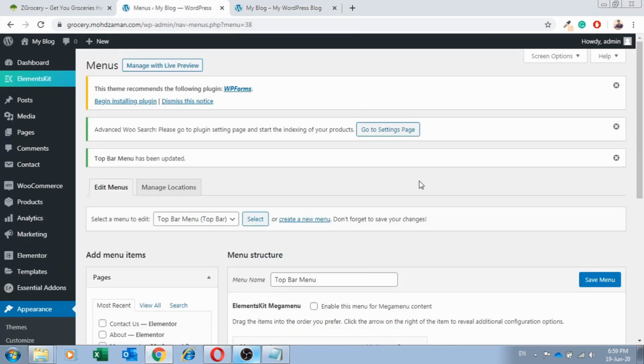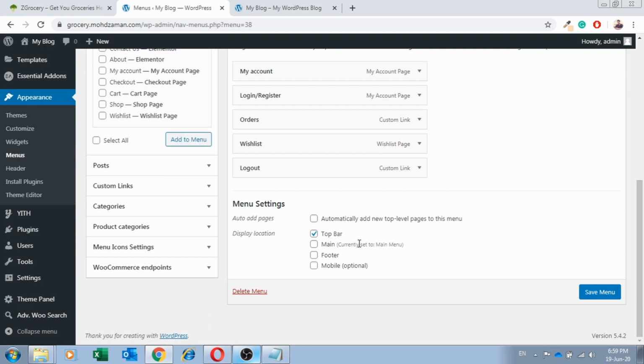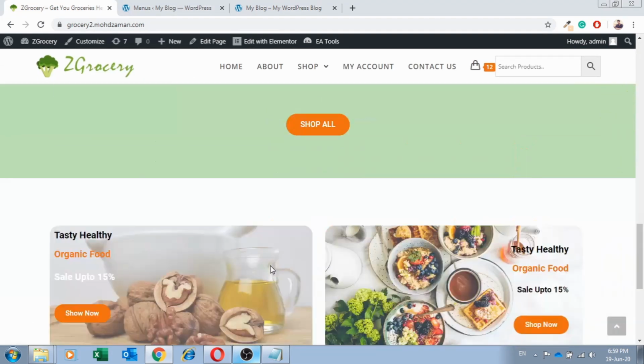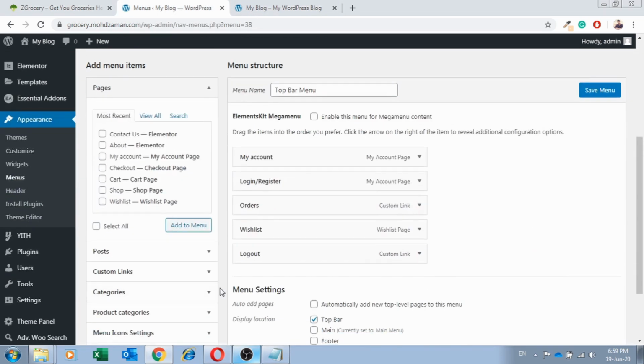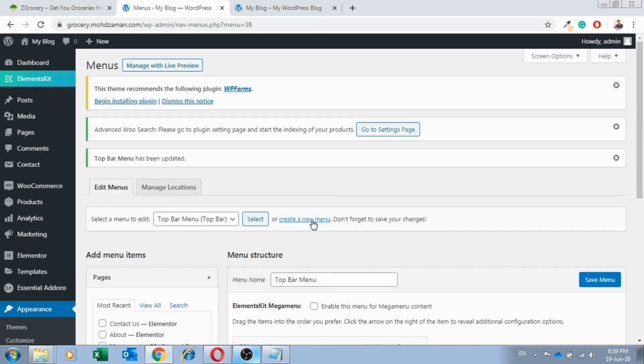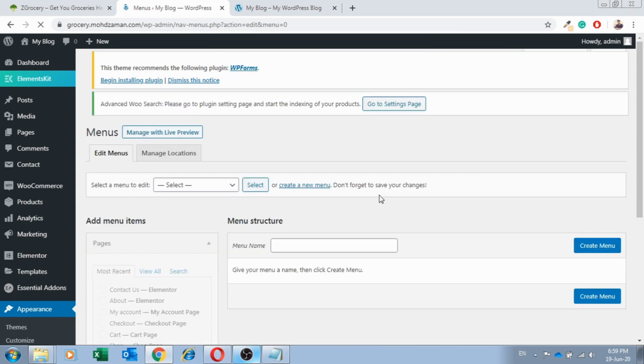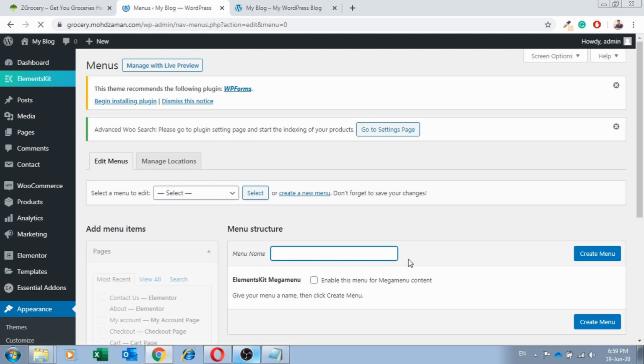So come back, and then we have to make 2 more new menus, which are these ones, customer menu, and we'll name it something else. I do not like another. So come over here and then click on this link again, create a new menu, click on leave, name the menu as photo 1, click on create menu,